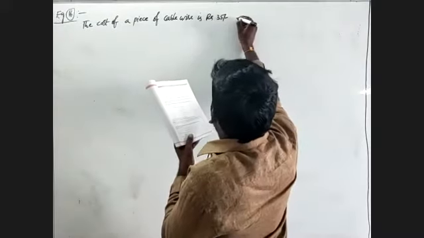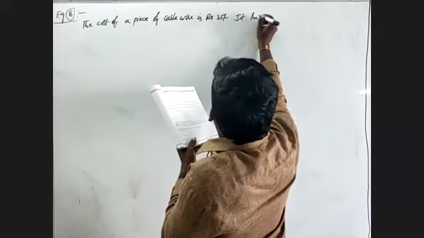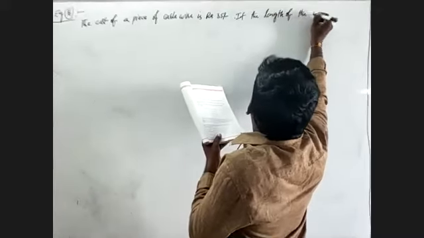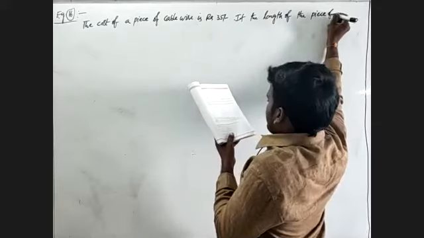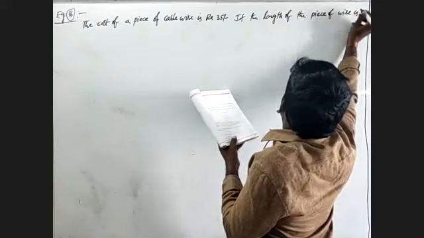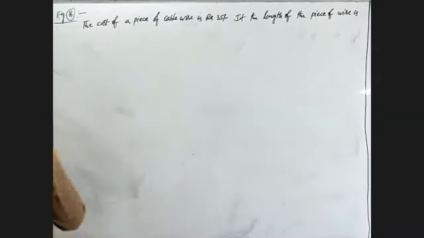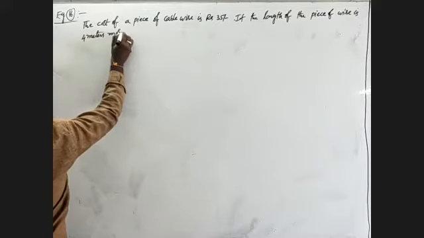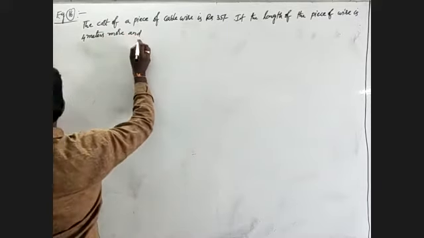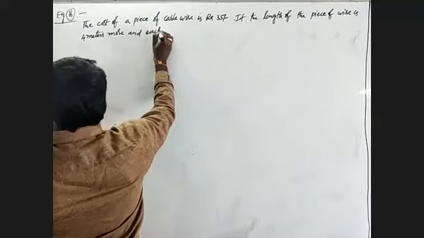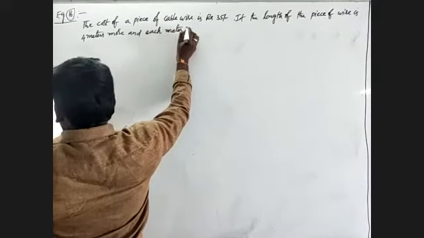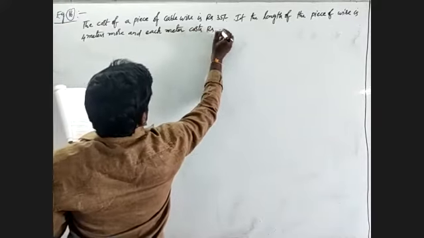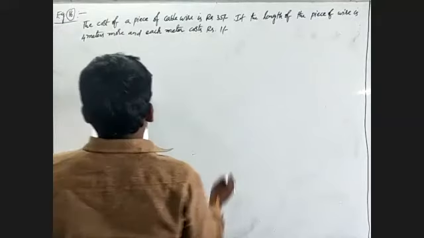If the length of the piece of wire is 4 meters more and each meter costs 1 rupee less,